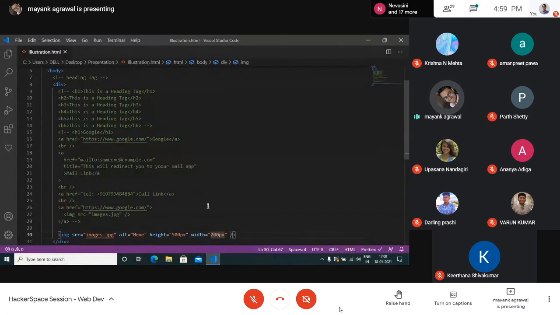There is one more attribute that you should try later on, which is the loading attribute in the image tag itself. What this does is that it won't just load the image out of nowhere, it won't be a sudden change. It will wait for certain instructions to be completed before the image is actually displayed.